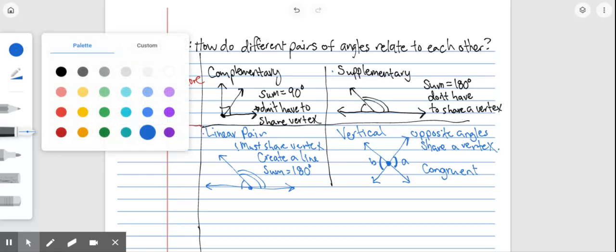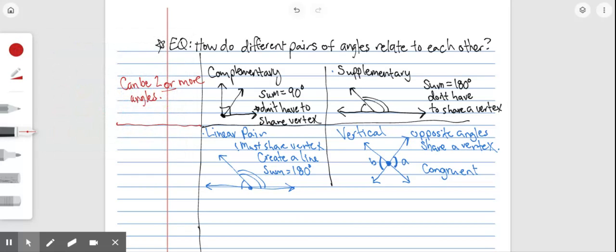In this diagram, there's a second set of vertical angles. This set over here, let's call them C and D. They are also vertical angles and they're also congruent. So they share a vertex, that spot in the middle, and they're opposite each other. Okay. All right. The special thing about linear pairs and vertical angles is that they must be